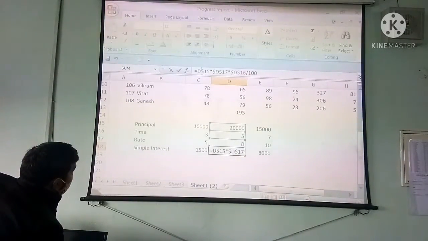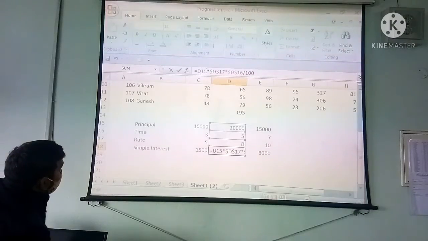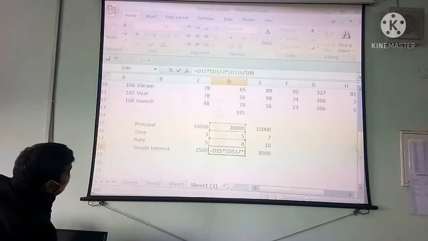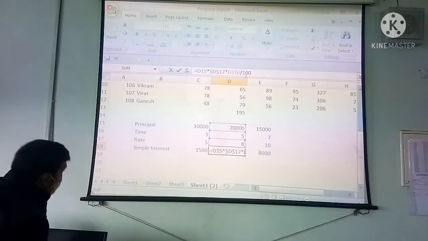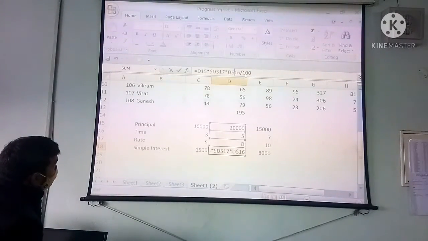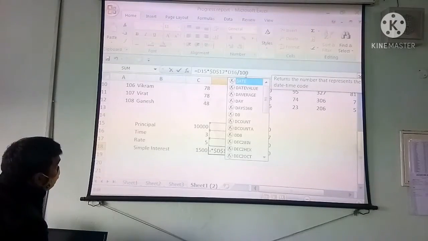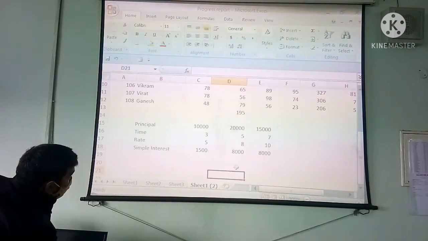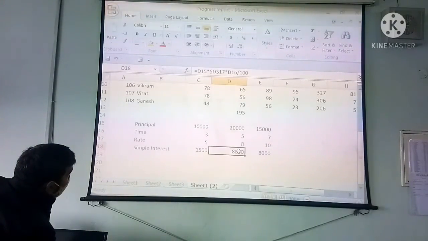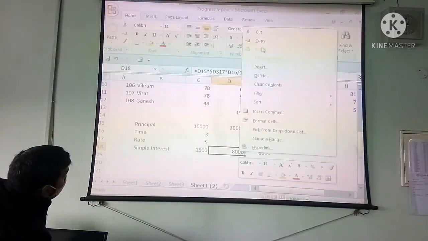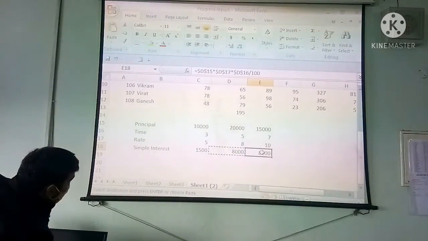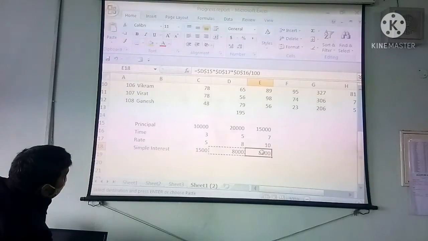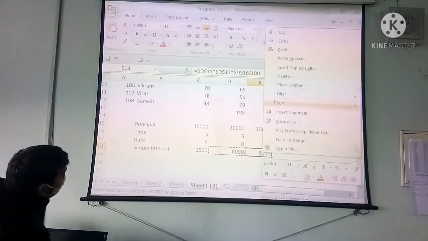Now that also I will delete. Now this has become a relative reference entirely. Now here in this 16 you see, that also we remove, the dollar symbol. Okay. Now you find if I copy and paste the same formula, make a right click, copy it, and here make a right click and paste it. This time you will find the value will change.